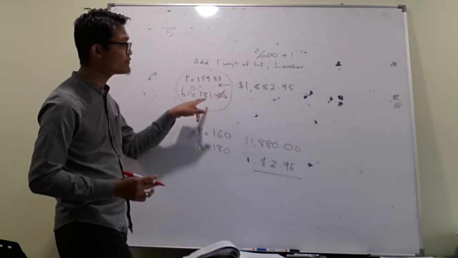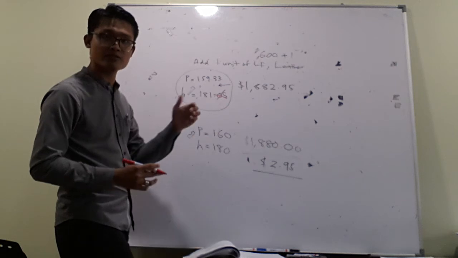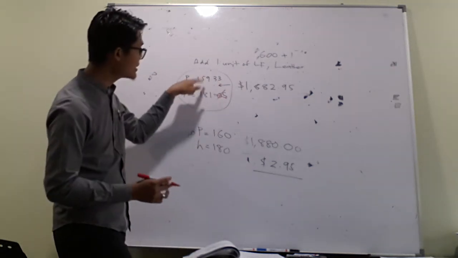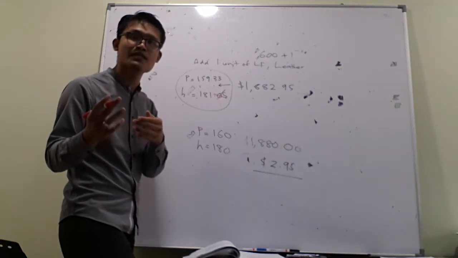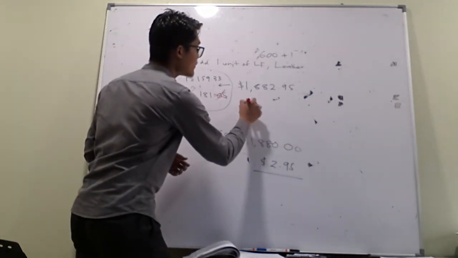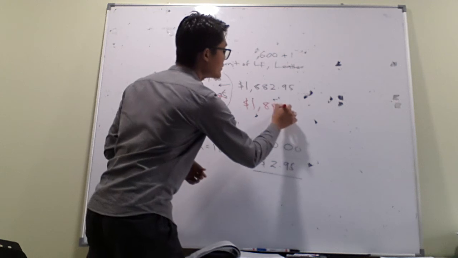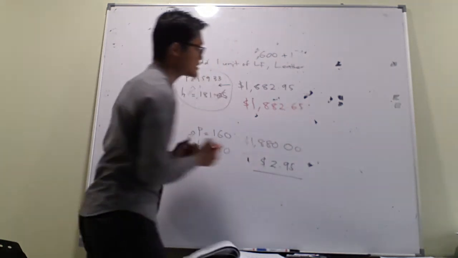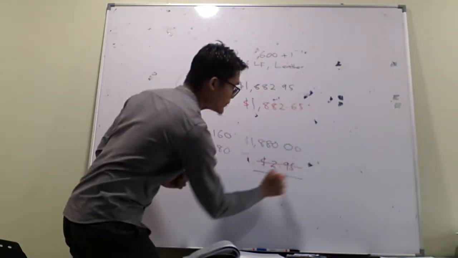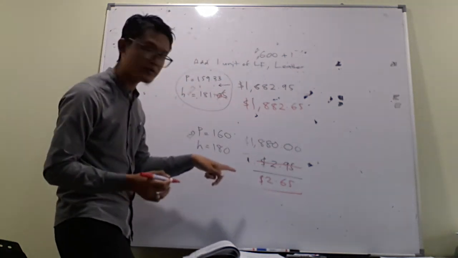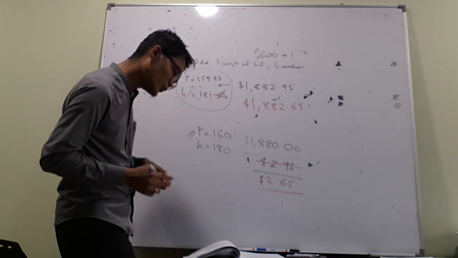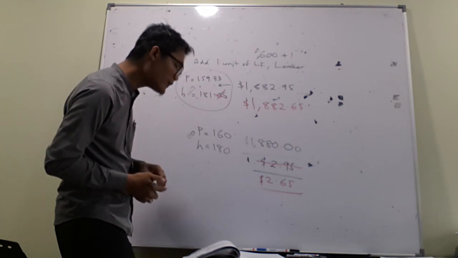And if you use this figure using the objective function, when you substitute P and H, meaning here, into the C equal to 5P plus 6H, you will get 1,882.65 instead. Giving you 2.65 extra contribution. Therefore, the answer is 2.65 for the shadow